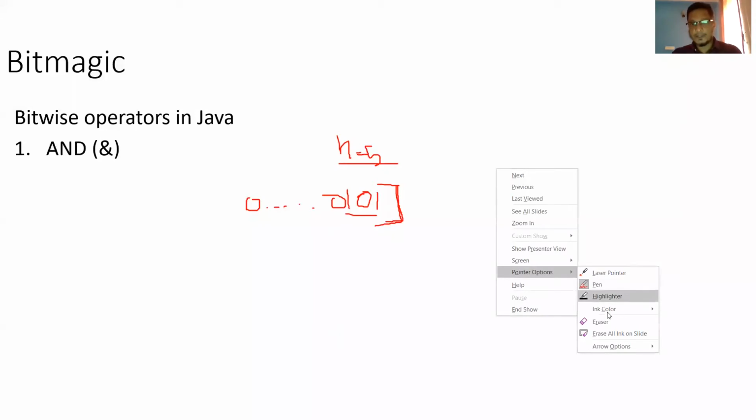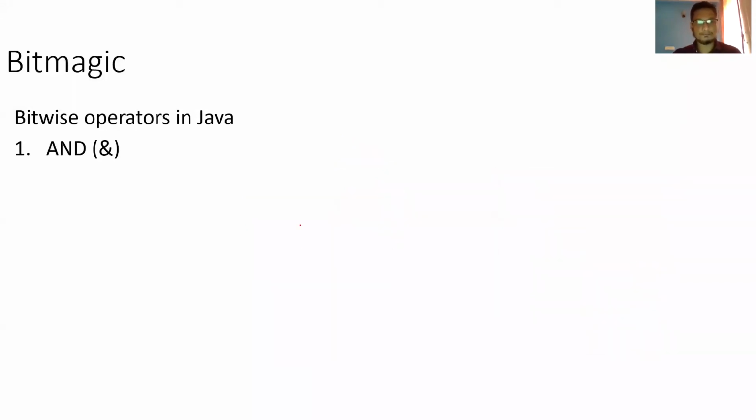So let's begin with this. We'll see what all the different operations are possible with bitwise, right? On the bits, what all operations you can perform. With bits, we have only 2 values, 1 or 0. Any number can be represented with 1 or 0, right? So the first operation is the AND operation. Let's see, the number is 5, right? 5 will be represented with 101, followed by 29 zeros. I will not write all those things. So you just assume that it's a 32-bit number and we have 29 leading zeros.